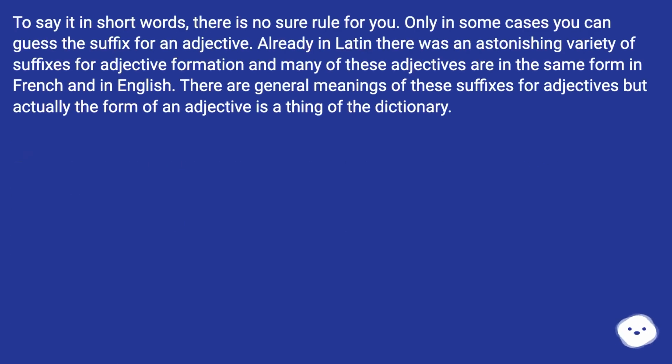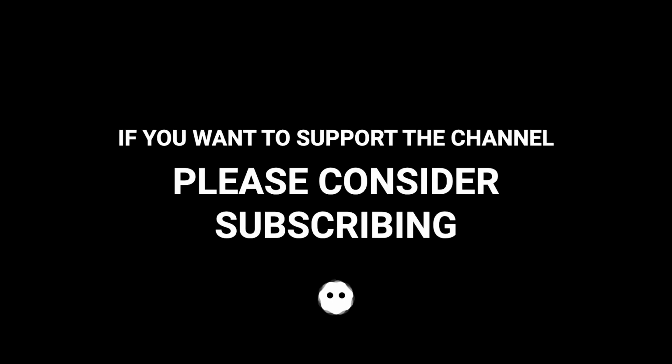To say it in short words, there is no sure rule for you. Only in some cases you can guess the suffix for an adjective. Already in Latin there was an astonishing variety of suffixes for adjective formation, and many of these adjectives are in the same form in French and in English. There are general meanings of these suffixes for adjectives, but actually the form of an adjective is a thing of the dictionary. If you want to